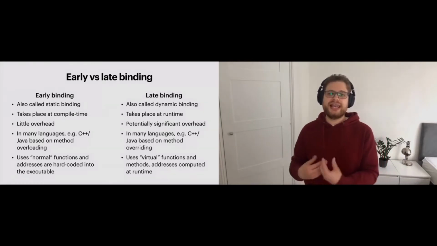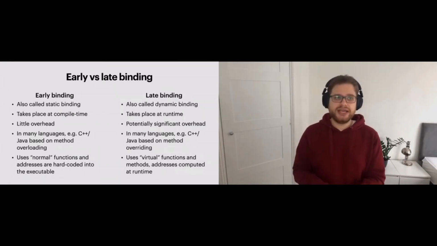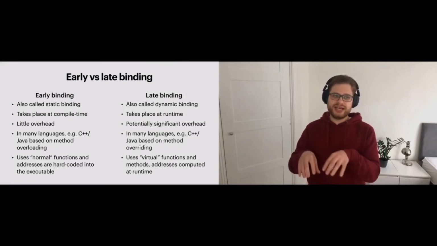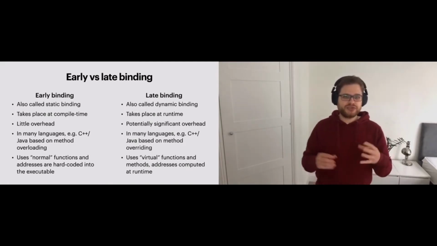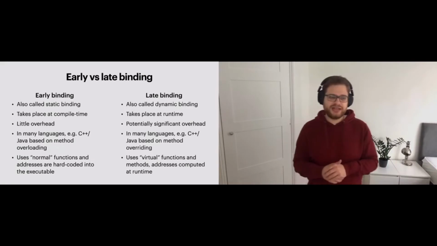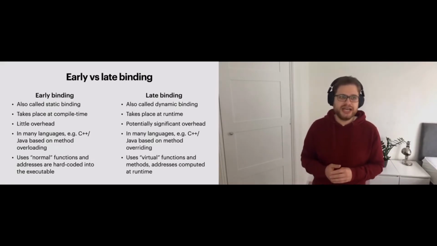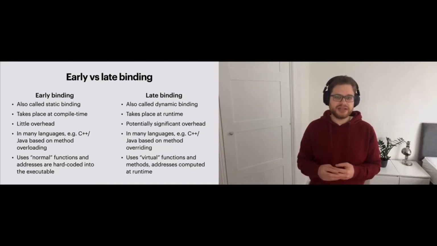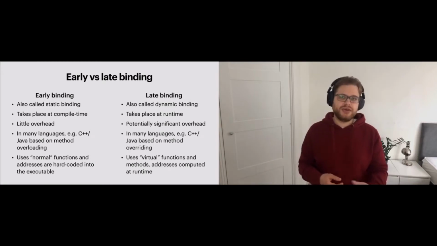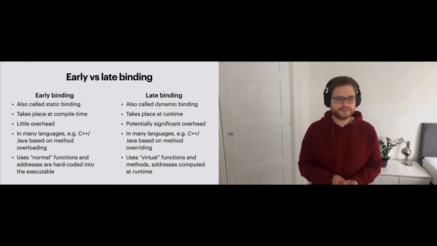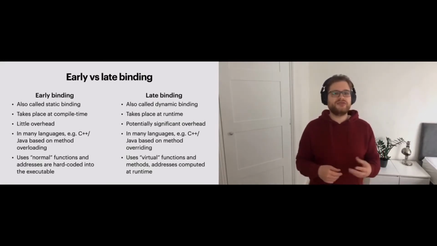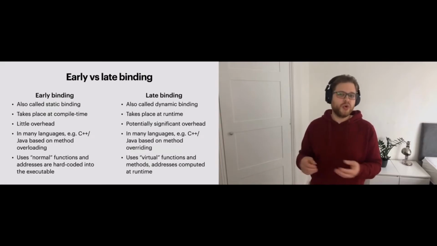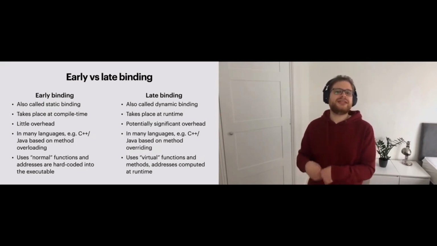On the other hand, late binding, which is also called dynamic binding, means that this resolution takes place at runtime. So if the compiler compiles the code, rather than resolving the name of the function there and then during compilation, it will encode into the compiled code something like, please call a function called foo. And so only then at runtime, when you're actually executing this function, you will encounter this instruction saying call the function foo. The runtime system will have to look up what the function foo means, and only then you're able to call it.